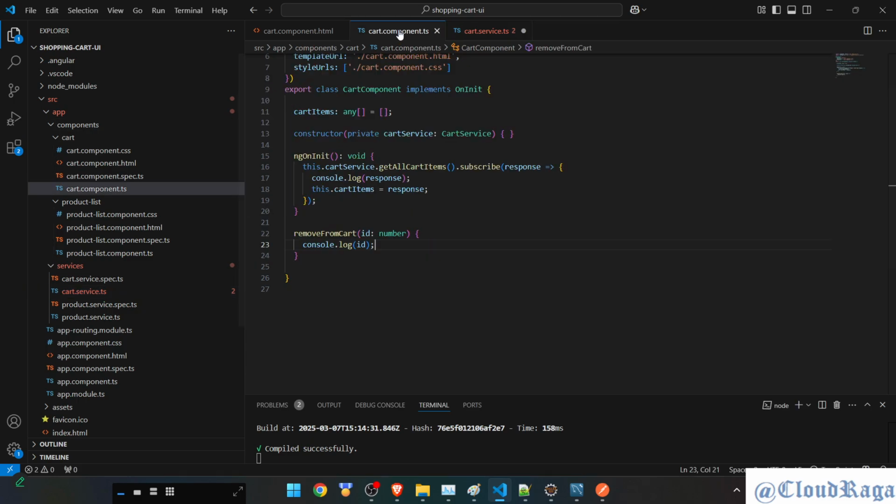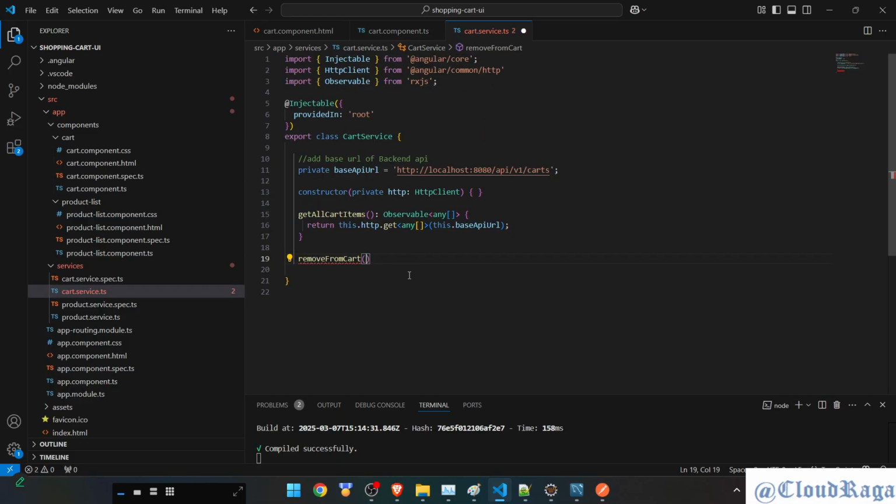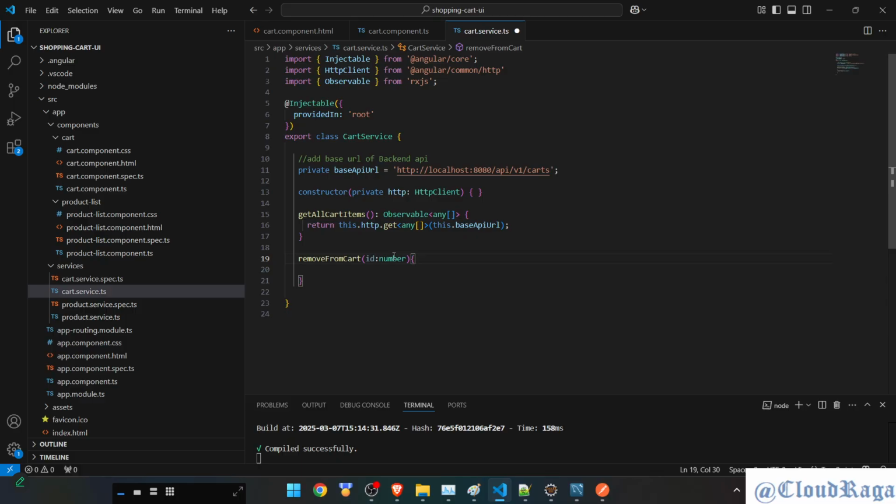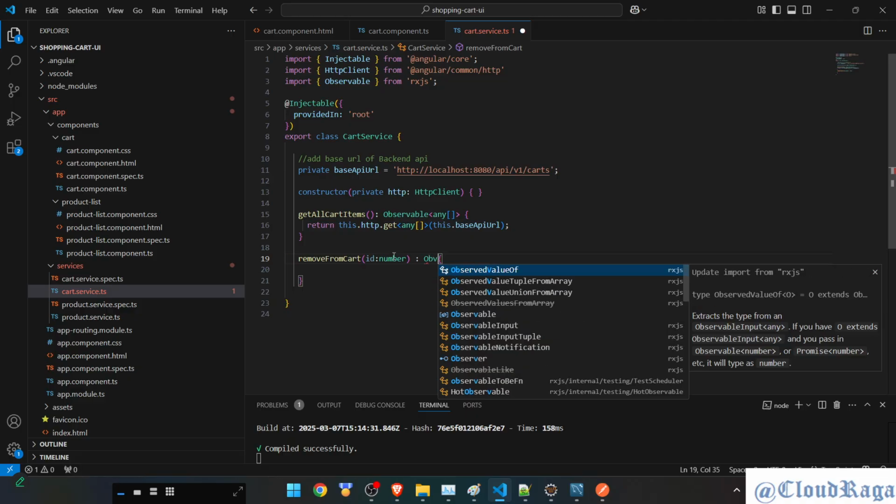You have to always think about what name you're going to use. If somewhere you're saying remove from cart, this is from the component, so use the same term, remove. Don't use delete. It will create extra inconvenience to other developers if you use both terms, remove and delete. Stick to one, either remove or delete, so keep them in sync. Fine. See, this method will also expect a number. Done. And then right away you can mention that I'm expecting that observable